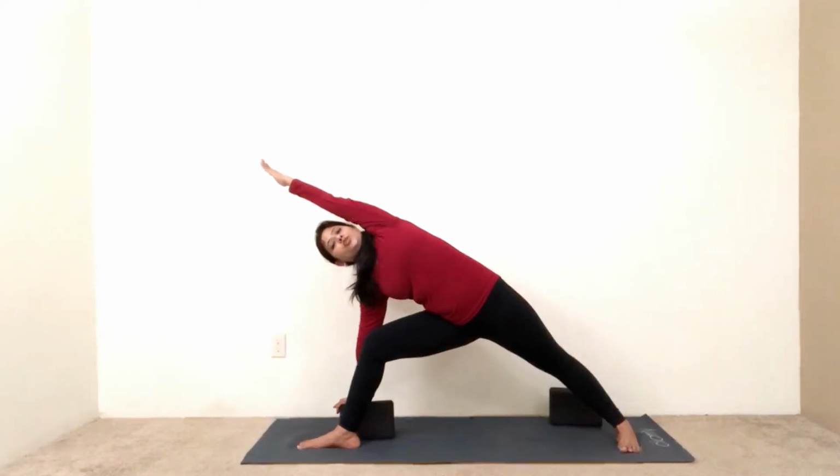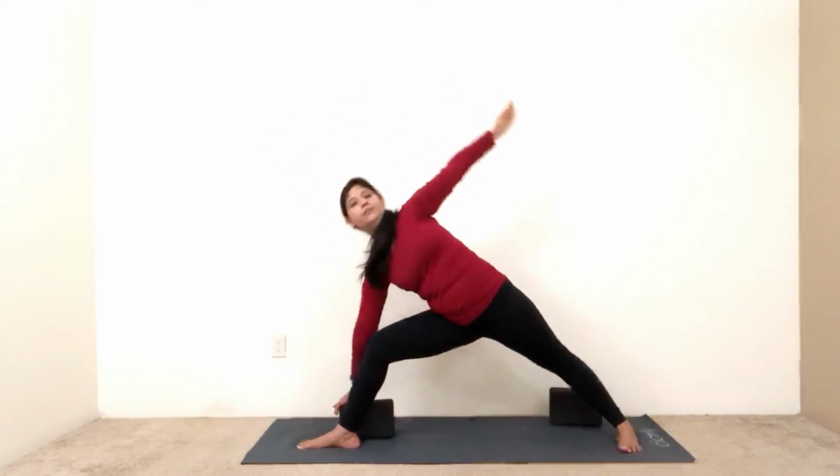Left arm reaching through the fingers towards the right side of the room, and extend your left side from left heel towards the left fingertips. Draw your shoulder blades in, chest broaden, then turn your head and look up. To come out of the pose, look forward, press your outer left heel down, pull through your left arm, inhale